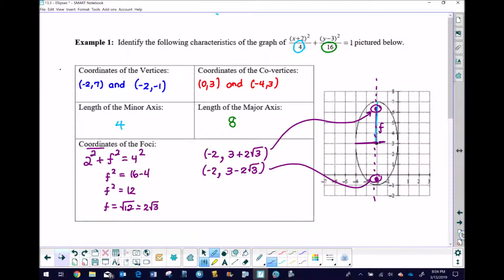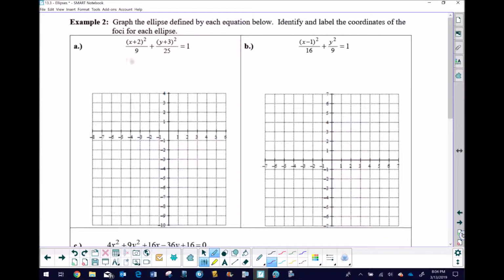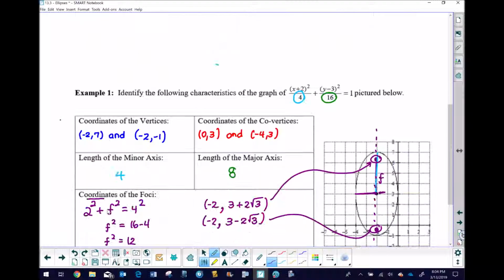So I'm going to close out this video with example 1, and in the future, we're going to take a look at some other examples where you are going to be given an equation right from the very beginning, and one of the things obviously is for you to sketch the graph, but you're also going to identify and label coordinates of foci, which is obviously going to be the thing that you're going to need to practice the most since it's probably the trickiest. But anyway, I hope this helps, and I will see you